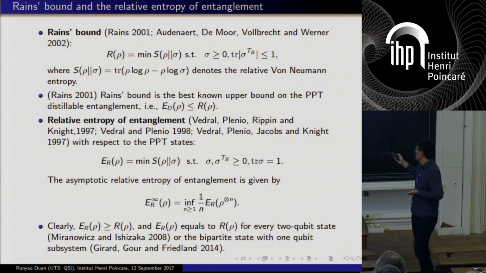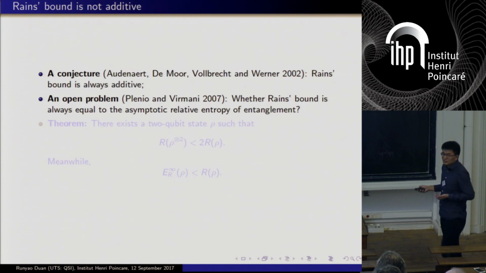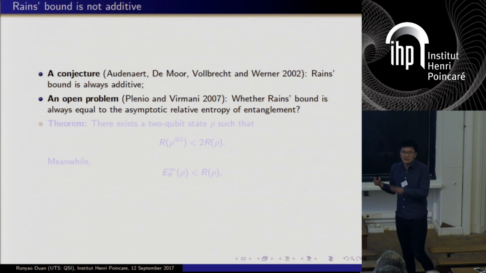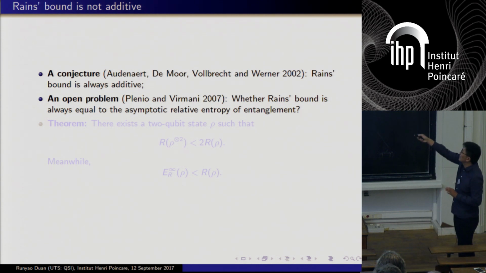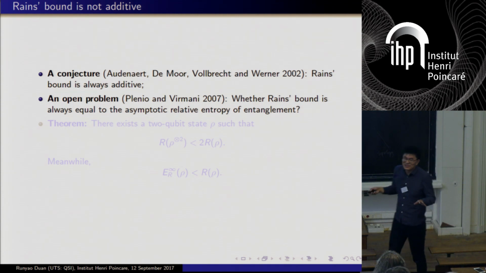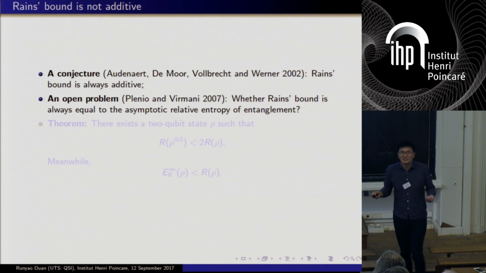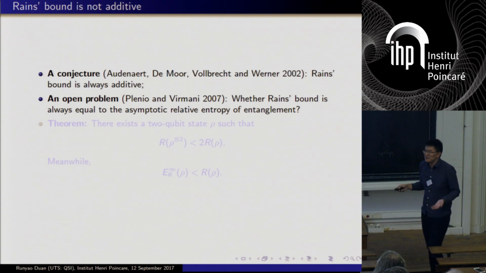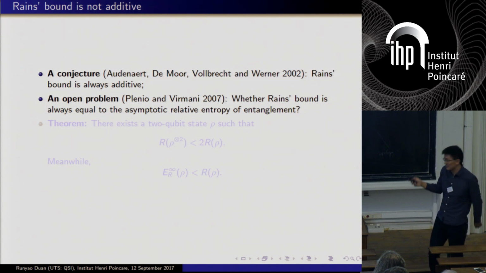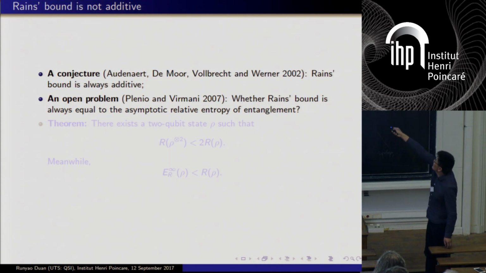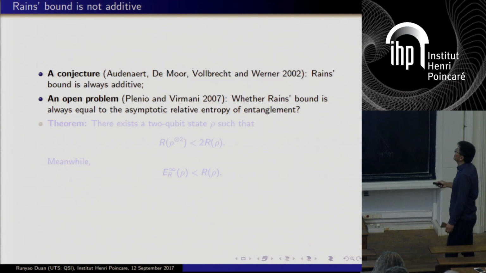Okay. So there are actually two unknown things. The first one is a conjecture. In this paper, it was conjectured that this risk bound is probably always additive, because for the cases we know it's additive, and even for some very non-trivial cases we know it's additive. So it's very natural to conjecture maybe it's always additive, right? And also there is another open problem: whether this risk bound is always equal to this asymptotic relative entropy